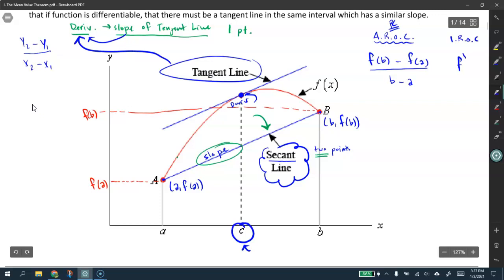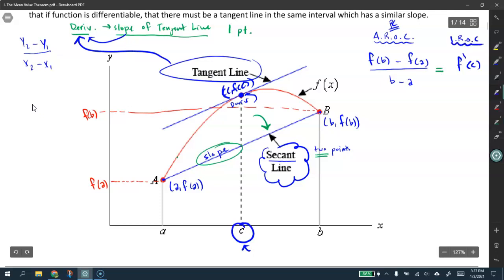So this is C. All right, this is the point C, and then technically that's C comma f of C. All right, and so how do we communicate that? We say that the derivative at the point C is equal to the slope of the secant line at that